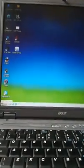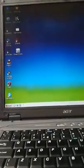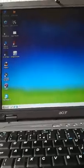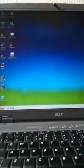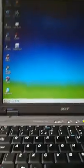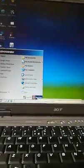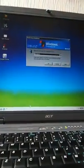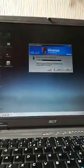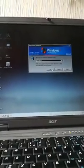This has got TightVNC on it as well, but I'm planning on upgrading that to RealVNC, because TightVNC is good and all, it's just really slow and it's not always compatible with newer computers. And because TightVNC is now defunct, they obviously don't support Windows 7 and Windows 8 and everything. But RealVNC does, because it's current as well as an older version. And older versions and new versions are actually compatible with each other. I downloaded the latest version off their website, and the Windows 98 version off their archive website. And to be honest,